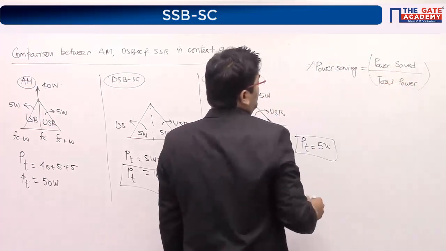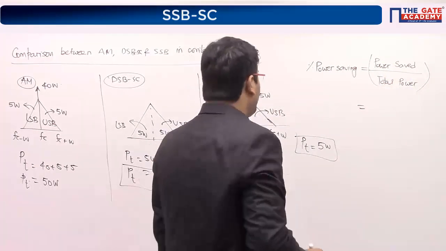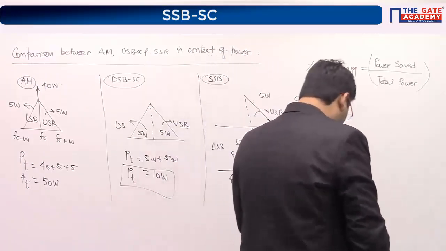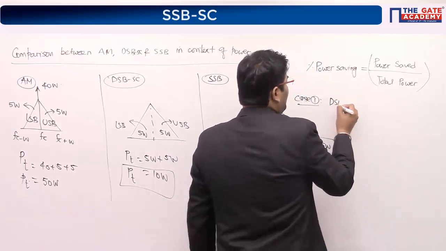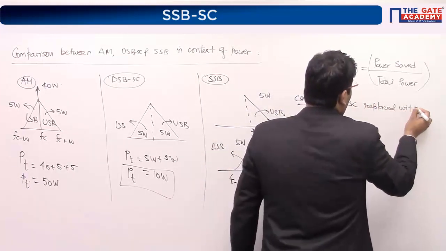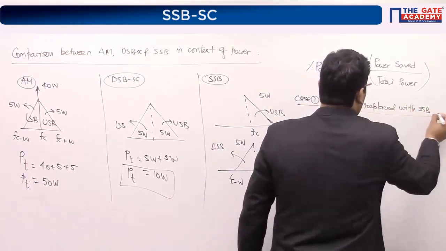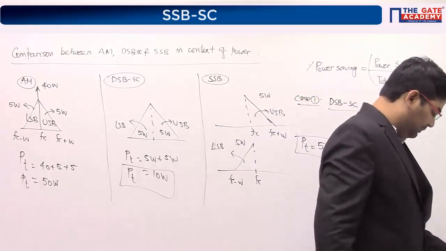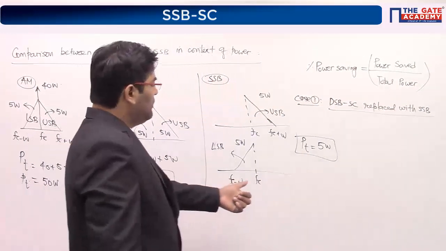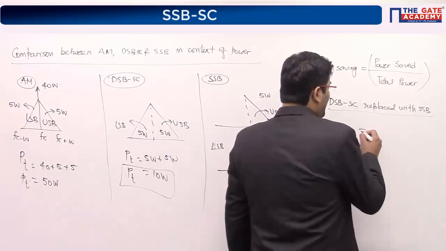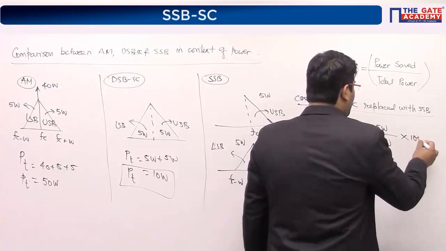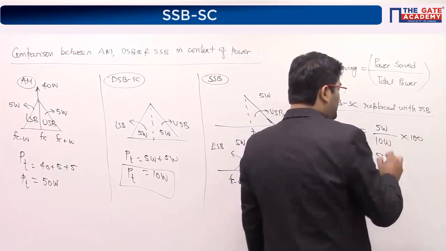Okay. So I would write, if I compare, so case 1, guys, first case 1 says that if you replace DSB-SC with SSB, then what happens? Okay. So we know that earlier power was 10 watts, now you are only using 5 watts. So power saved is 5 watts, total power was 10 watts. If you put into percentage, how much percent is that, guys? 50%. Are we there?